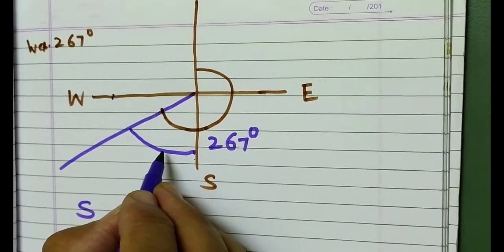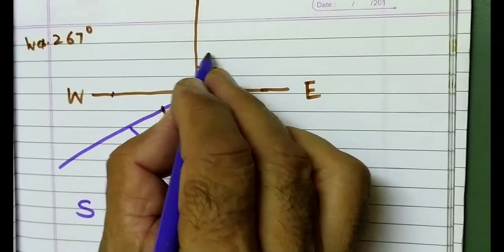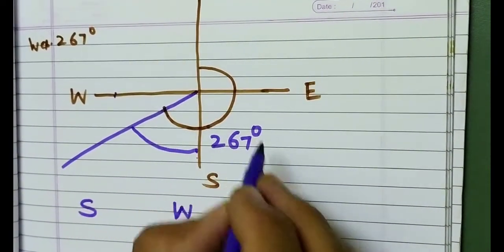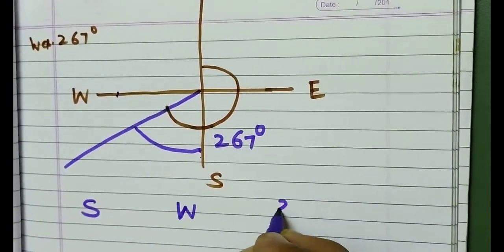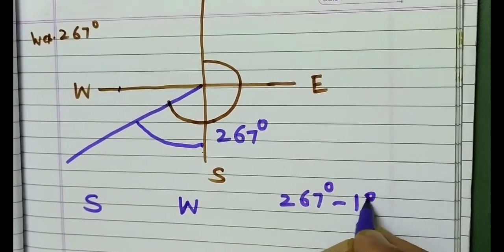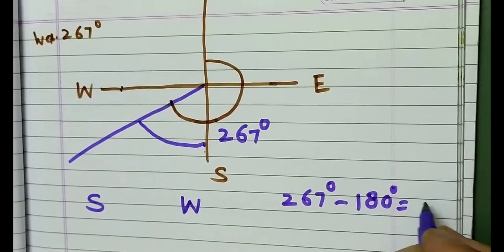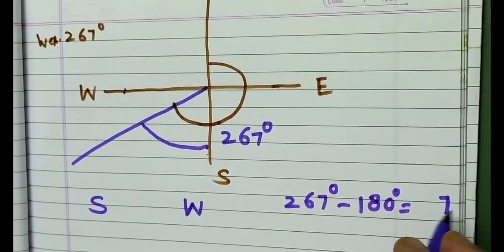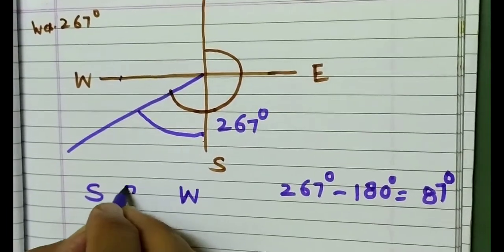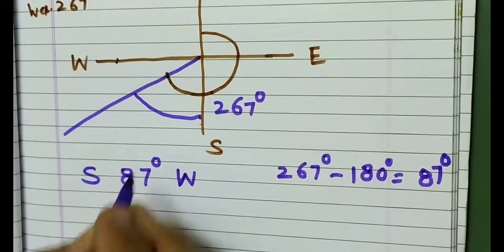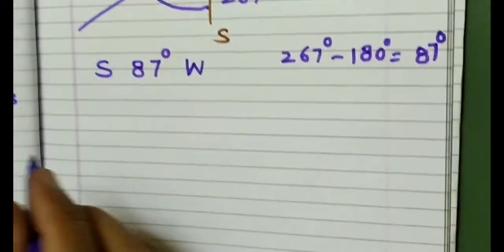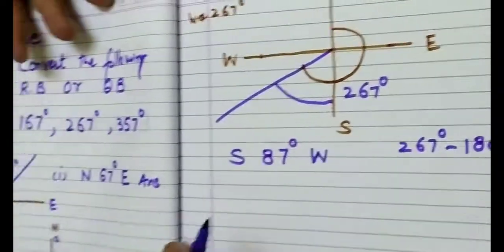What is the value of this angle? This value is equal to 267 degree minus 180 degree. This comes to be 87 degree. So its answer will be south 87 degree west. Okay, so then last one is